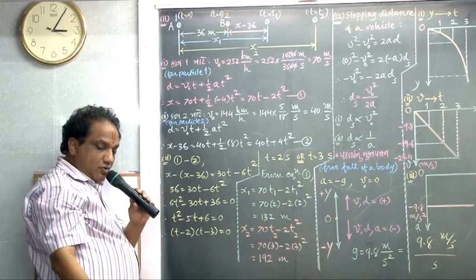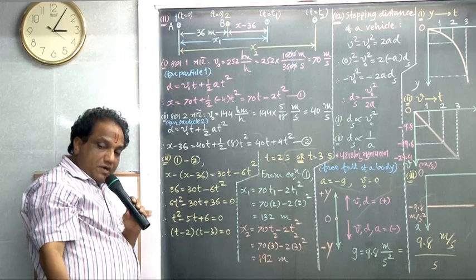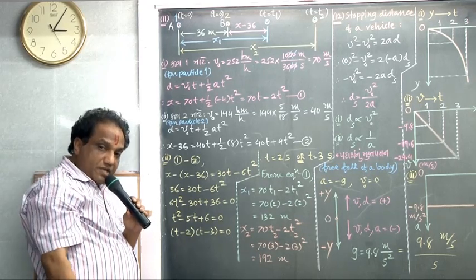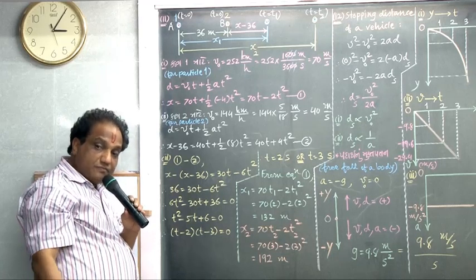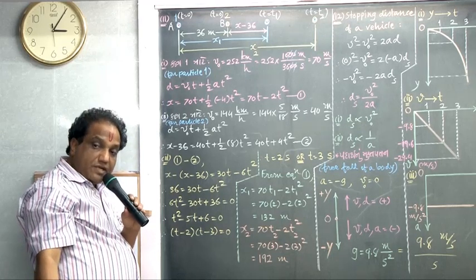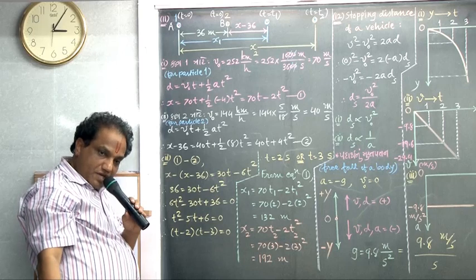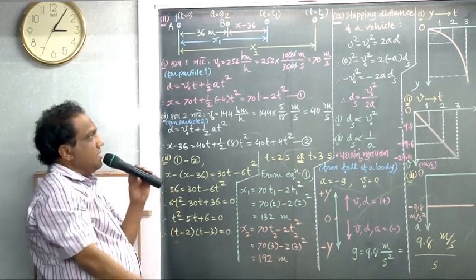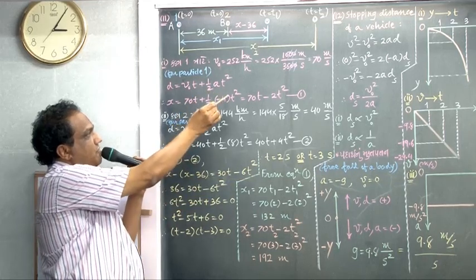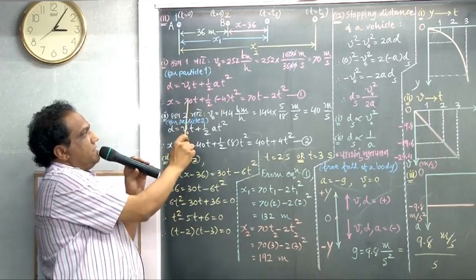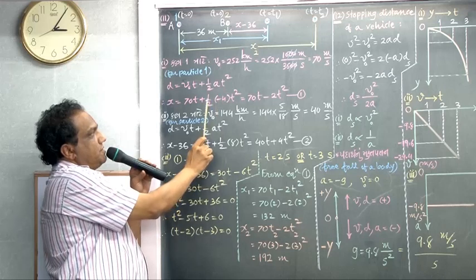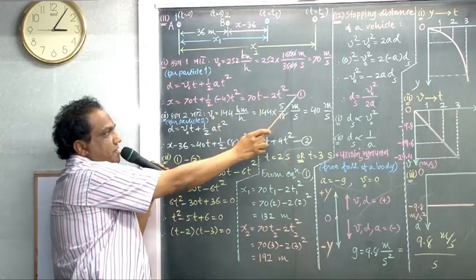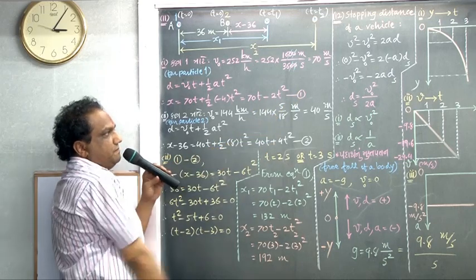But sometimes they don't give the minus sign, but they will use the word deceleration. Deceleration is negative value of acceleration. Okay? But here though they have given it with the minus sign, so no problem. Come on. a is minus 4, t square as it is. 70 into t plus minus 4 upon 2, that is 2 into t square. Give it equation number 1.